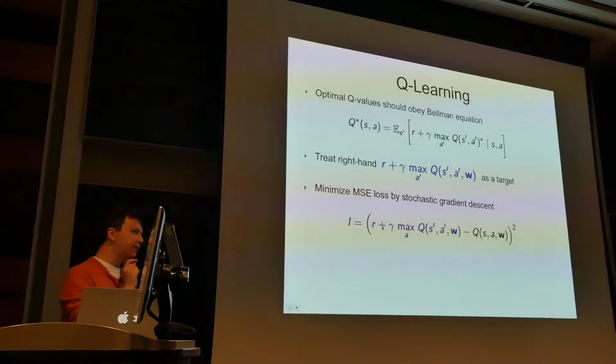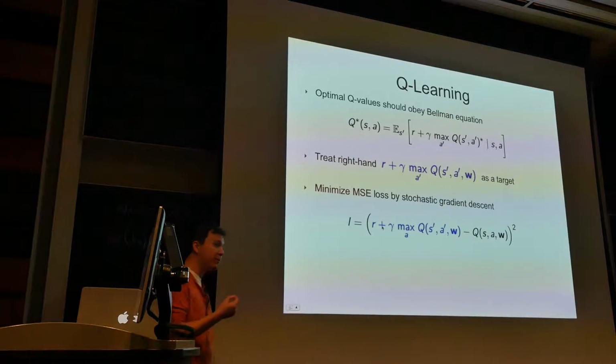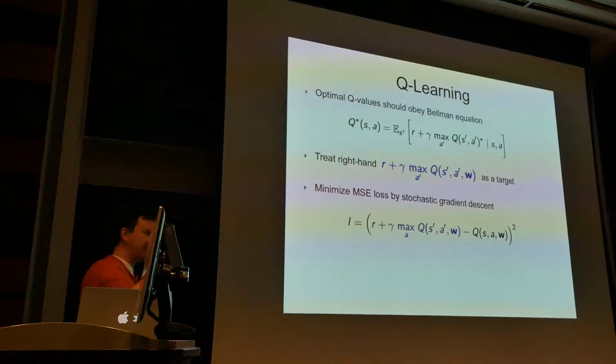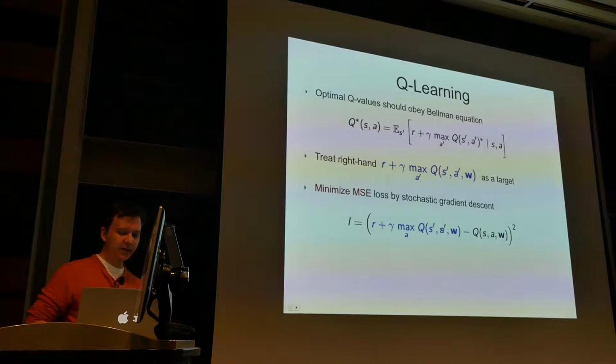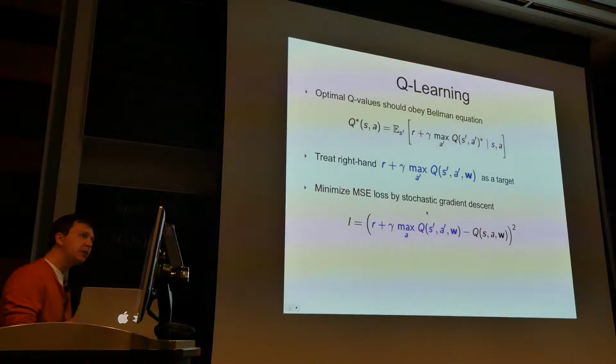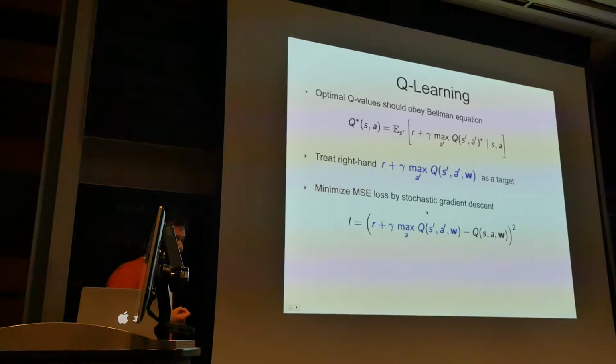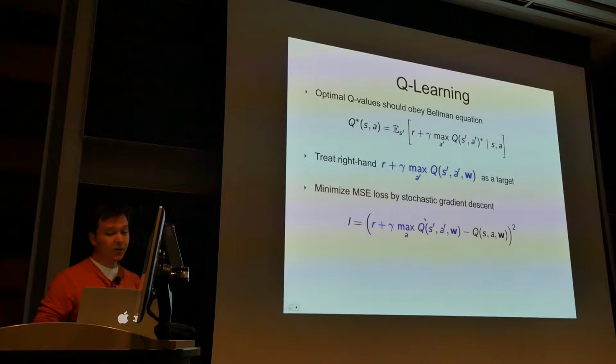When you think about supervised learning, in supervised learning there is only one target, like did you classify cats correctly or not, right? Here it's really a decomposition of the two. And if you remember when we looked at TD learning, this is an instance of TD learning, right? So these are the two things that